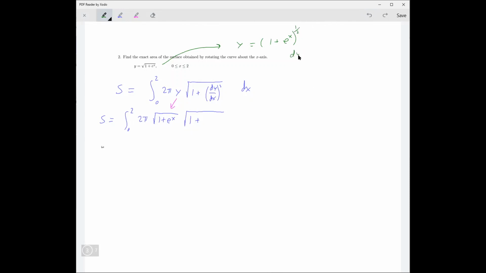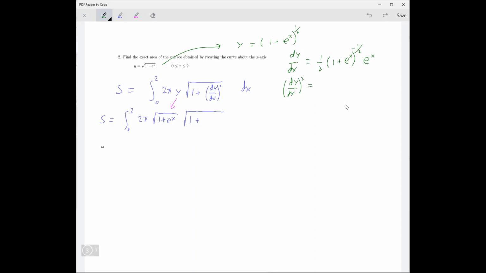Okay, so dy dx, we'll take the derivative of this. First of all, the 1/2 comes down in front. And then this is reduced by 1, so 1/2 minus 1 is negative 1/2. Okay, and then multiply by the derivative of the inside part, which is just e to the x. Okay, so then dy dx